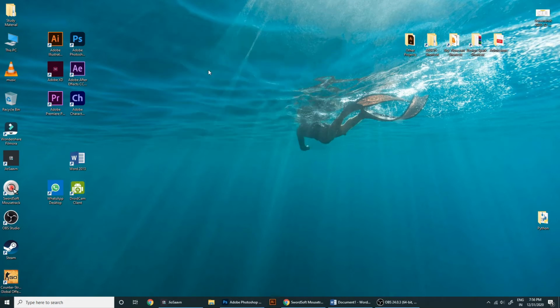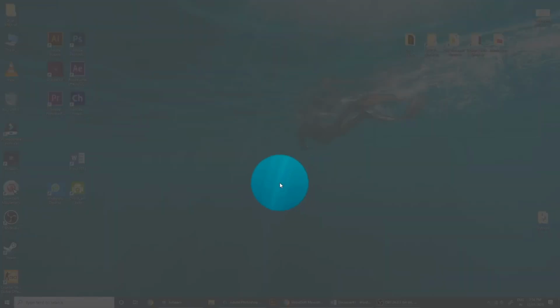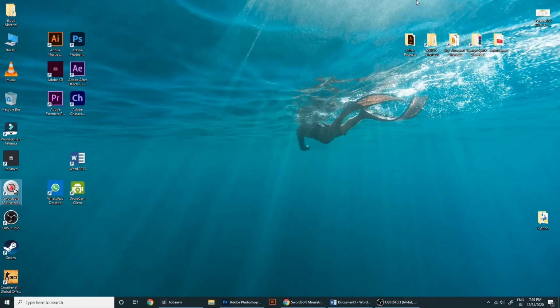I want to focus on this thing, SwordSoft. So I'm pressing S. As you can see, wherever this cursor goes, the spotlight will appear, and this will be very helpful to focus on one thing. Okay, but as it's very dark to see other things, we can decrease the opacity of the spotlight. Now let's try our live draw. What was the shortcut for live draw?